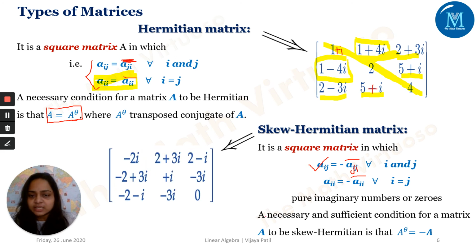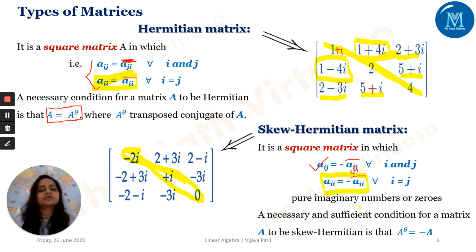Okay, fine. Let us go to this example again. Look at the diagonal elements. What are they? Minus 2i, i, and 0. They are either purely imaginary or they are 0. Why is that so? Because of the second condition that exists over here, that is, Aii is equal to minus of Aii conjugate. Means what?